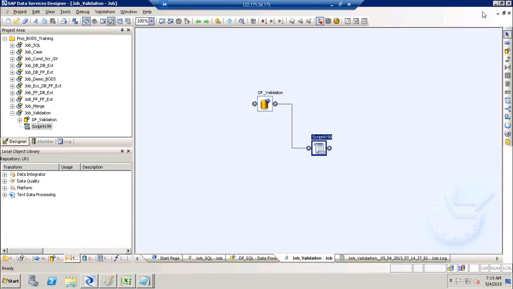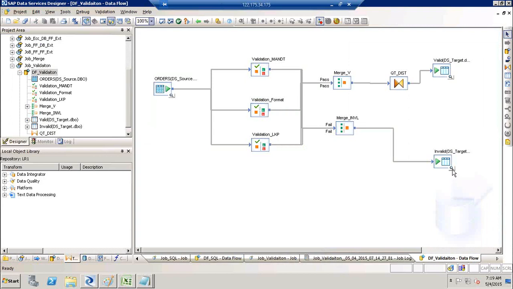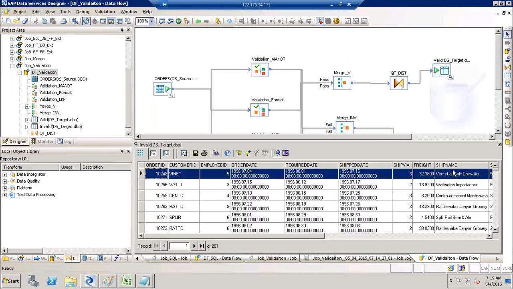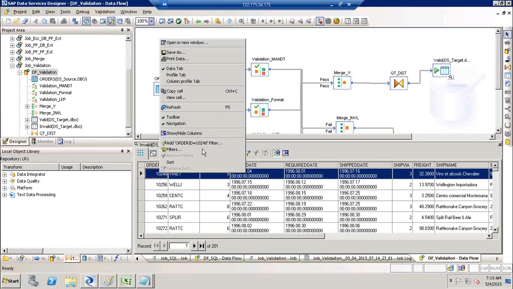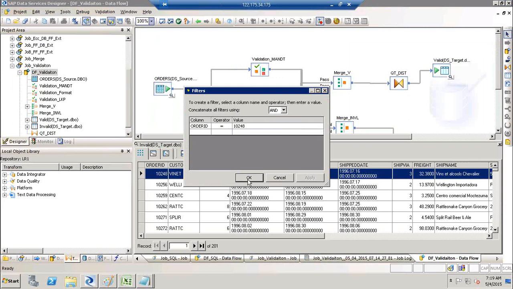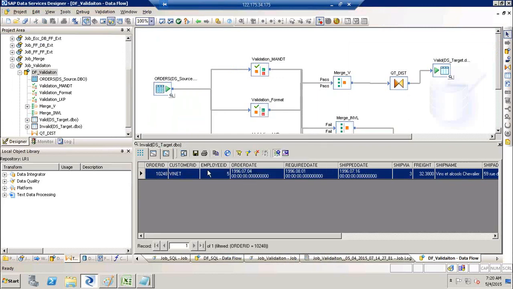Okay. So what about the records which are in the invalid table? Invalid can have duplicate records, not a problem, because this particular ID can fail for so many reasons, right? So if I just add that to the filter and click on OK, it failed for only one reason, but there is a possibility that a particular record